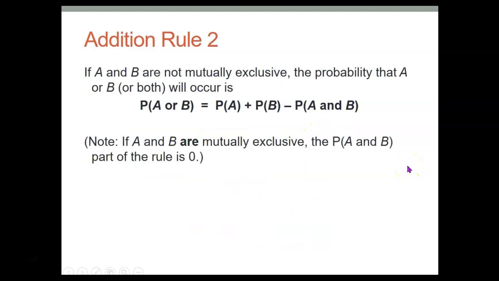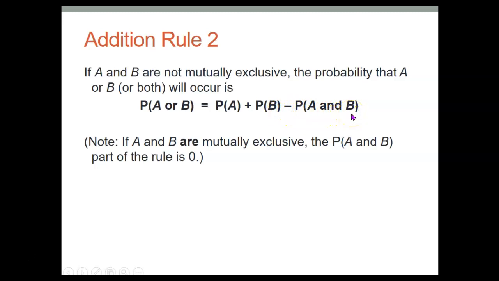Now, if we're talking about events that are not mutually exclusive, then we can't use addition rule 1. We can't just add the individual probabilities together and take that as the answer. In that case, we have addition rule 2 that says that the probability that A or B or both will occur, the probability of A or B